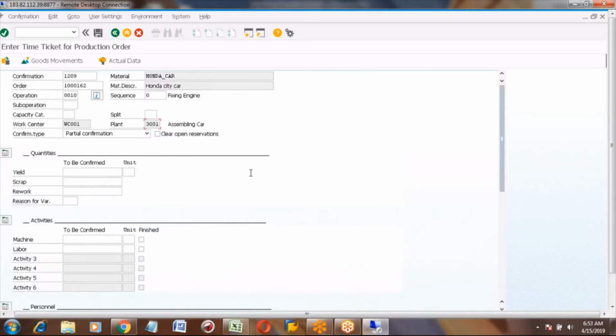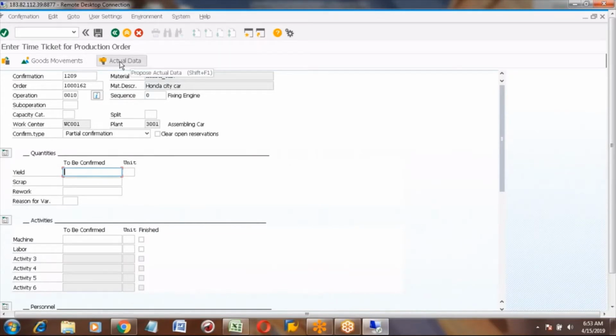Here you click on actual data. Then the system will propose how much you need to confirm, the yield.